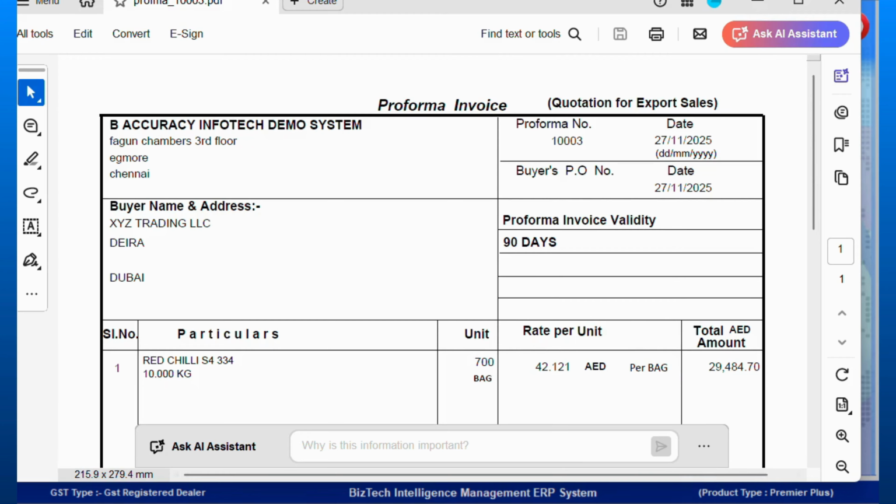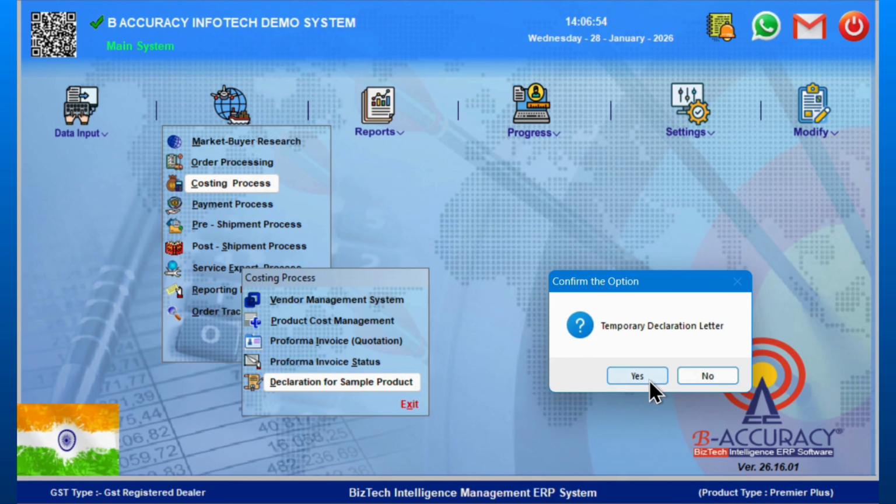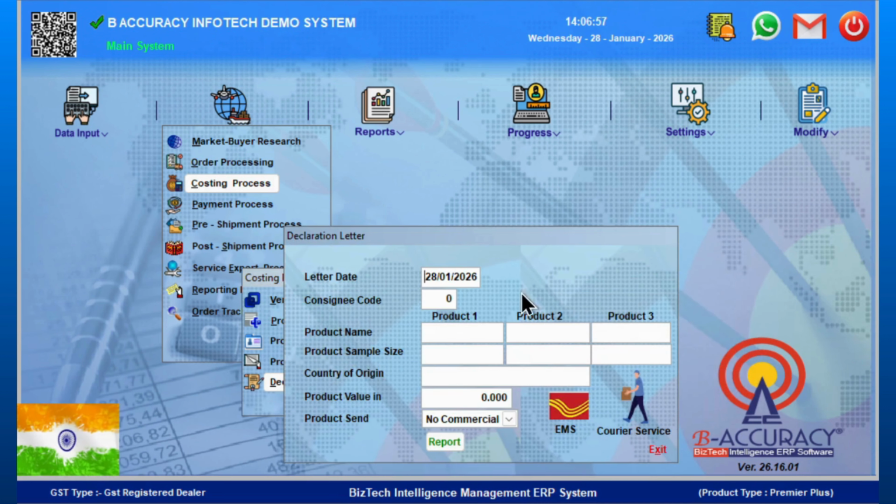So now let's quickly go back to the process. Once we have sent the pro forma invoice or quotation to the buyer, we can send a declaration of sample, in case the buyer has requested you to send a sample, which can also be instantly generated in our Be Accuracy ERP. I will be creating a temporary sample declaration on today's date, and I'm writing the consignee, which is nothing but the buyer for me. Over here it is XYZ,